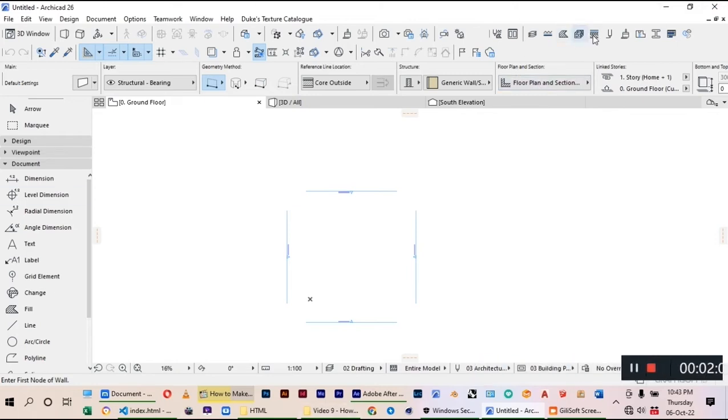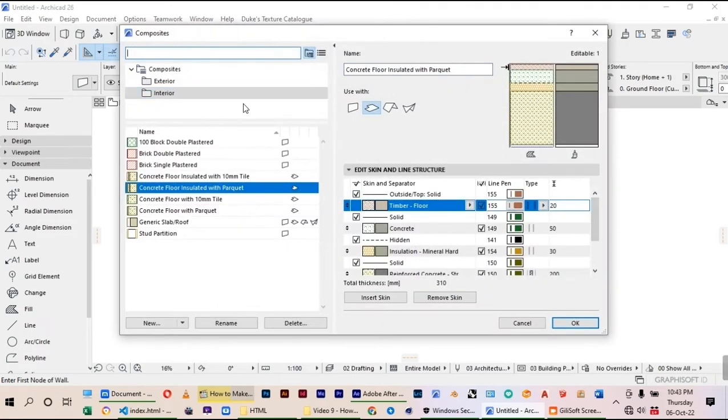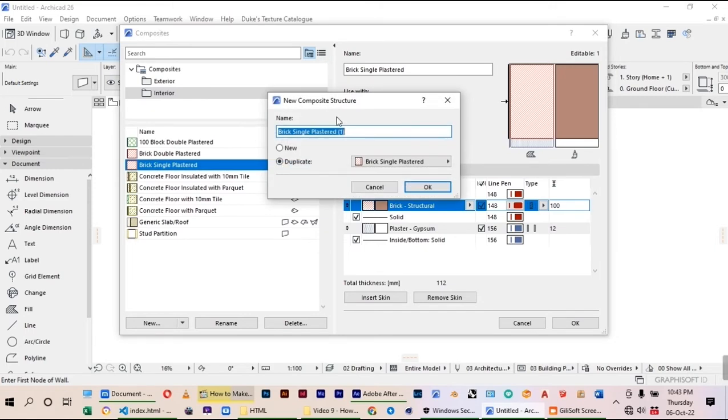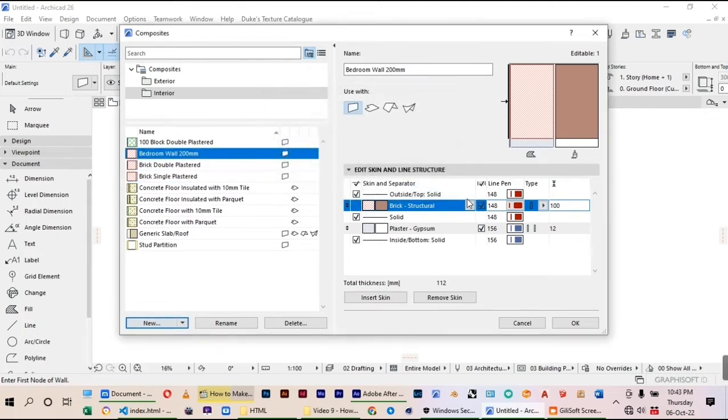Come to composites. Our wall will be an interior wall. You can choose any of these. Let me choose brick single plastered and then click on new, give it a name. Let's say bedroom wall 200 mm. Click OK. Then under the edit skin and line structure, as usual, we'll have wall is 200, and then we